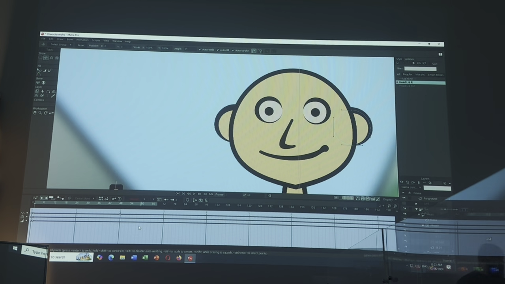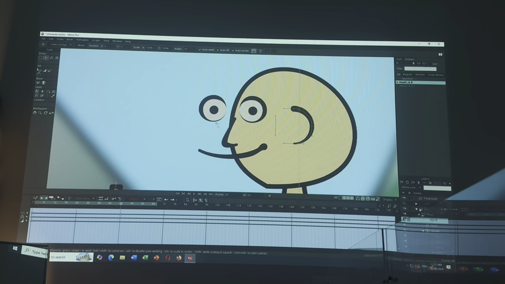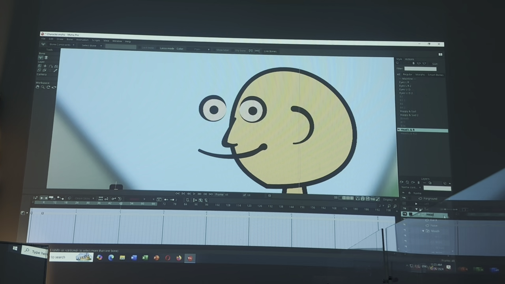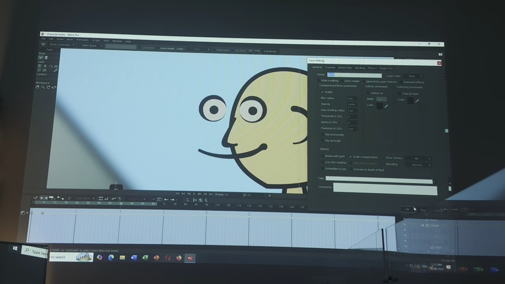Mainly when the face rotates, the eye and the mouth are showing, getting out of the head. And that is exactly the opposite of what we want, right? So in order to fix that, again, we already know this technique. I'm going to come over here under the head, and this time we did the technique with the eyes and mouth. So this time I'm going to do it with the head itself. I'm going to double click, go to masking, and I'm going to click on hide all. Hit apply,